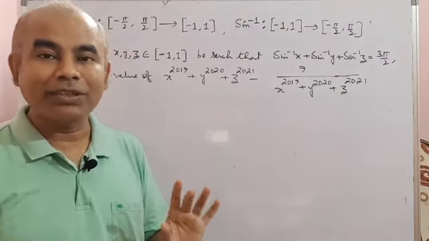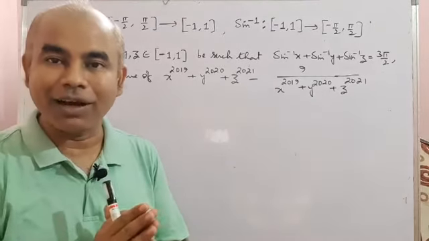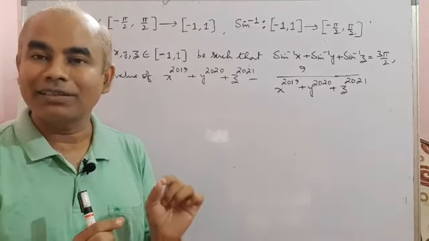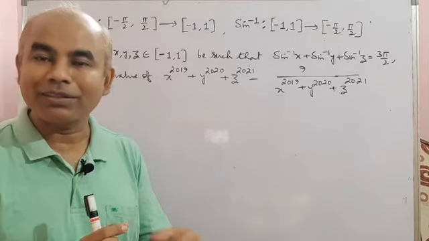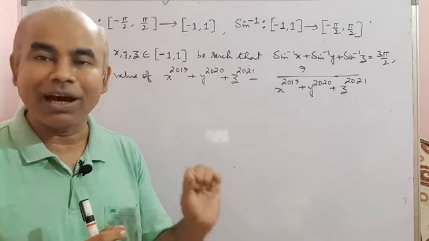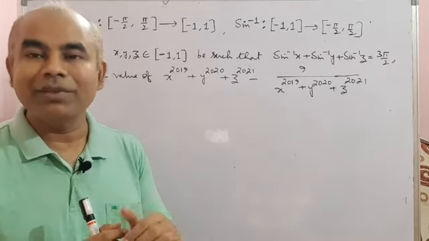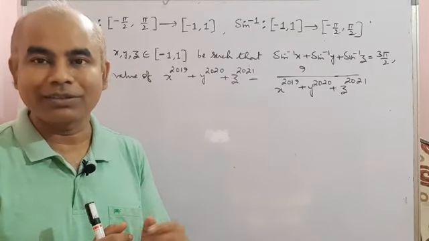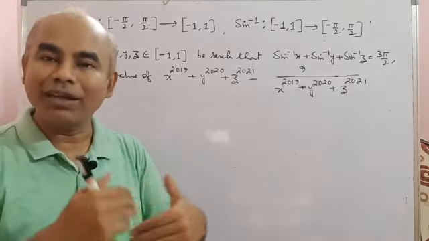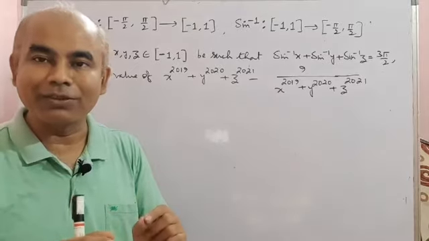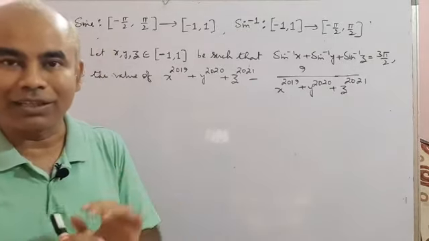So we can find x to the power 2019 only if x is 0, 1 or −1. Because if it is 1, −1 or 0, then only it is easy to calculate. Otherwise, it will be very difficult, time consuming and difficult for us. So this thing is clear, that x or y or z, we can assume before going to solve the problem, should be 0, −1 or +1. Let us see whether we get it or not.